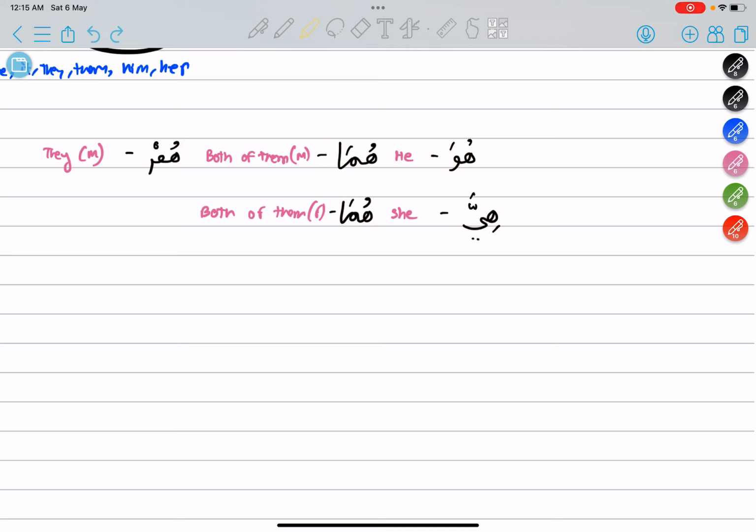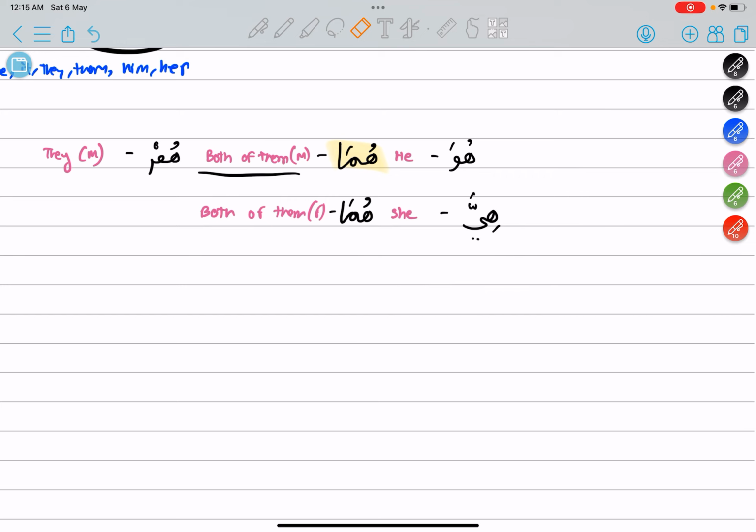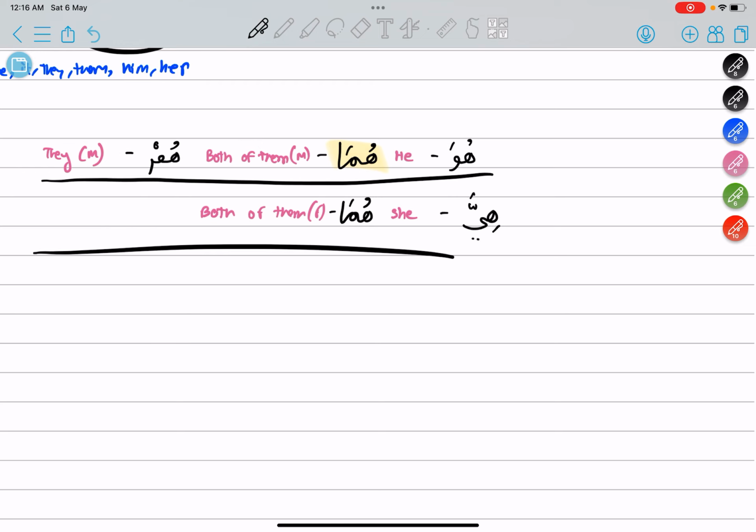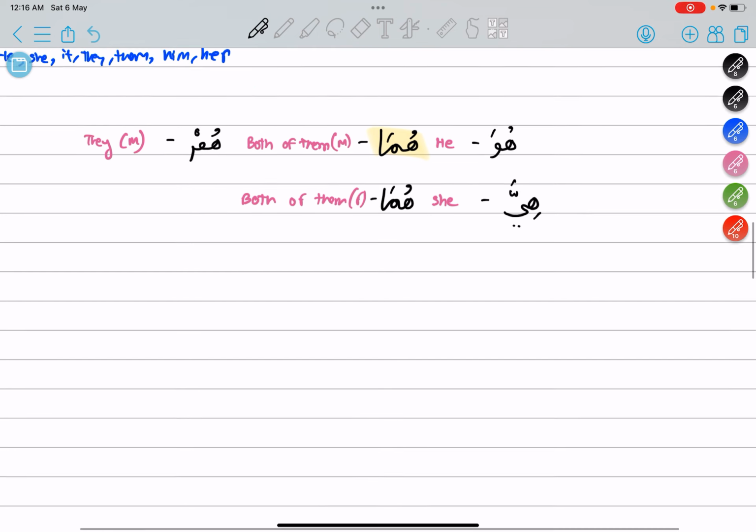So technically, if you see a bunch of people, you can call them huma. So if you see two boys here, we can indicate them by saying huma. And if they were girls, we could also indicate them by saying huma. It has no differences. So it's good to know that the first lane is for masculine words, the second lane is going to be for the feminine. Okay, so huma. And then we have,